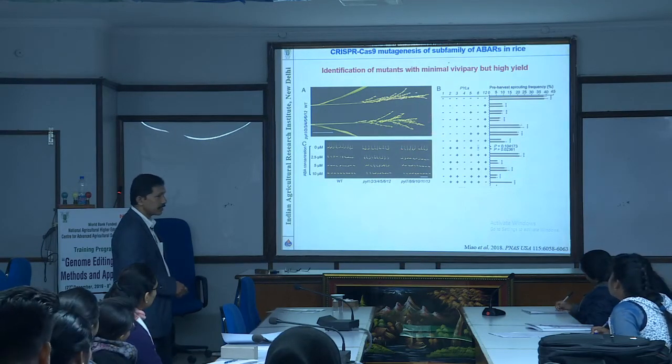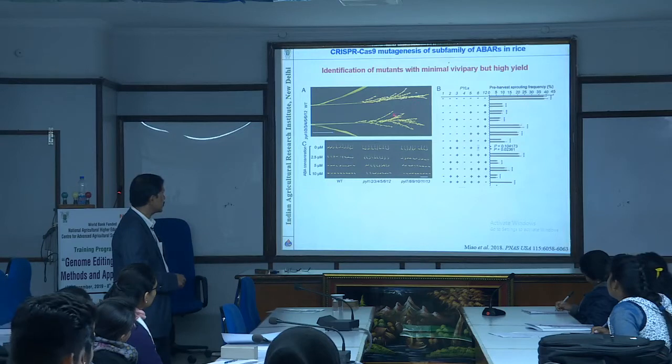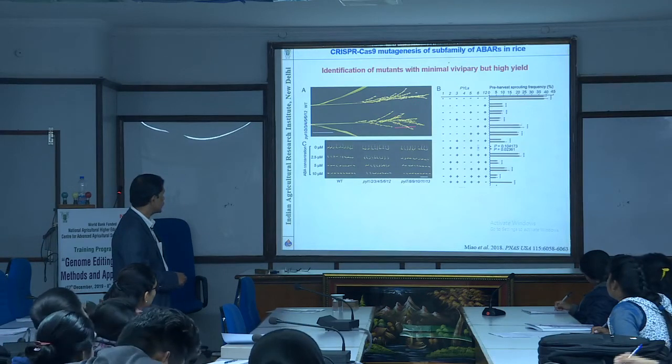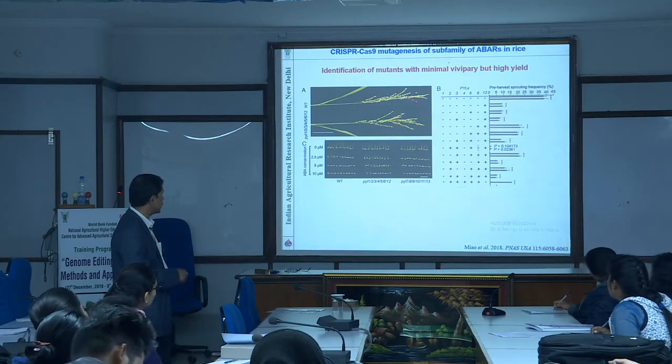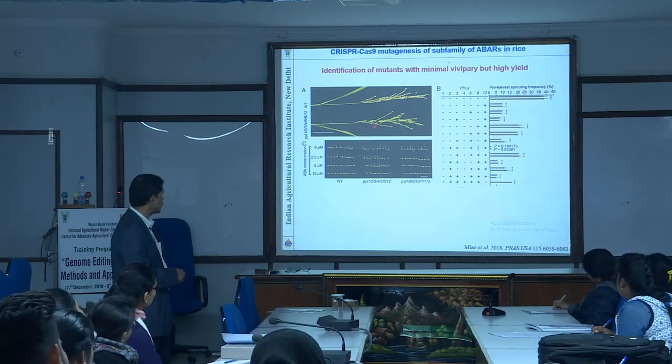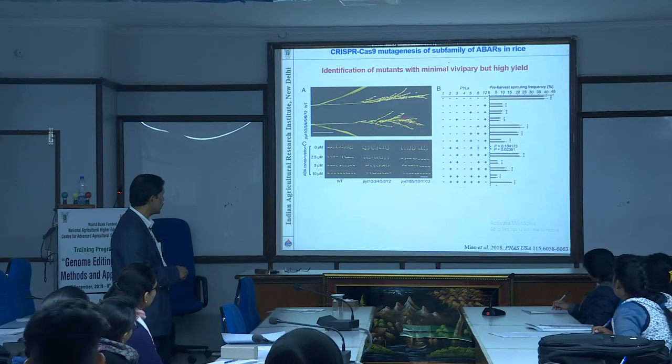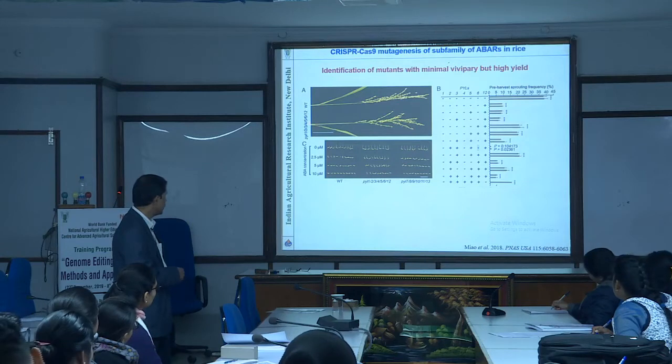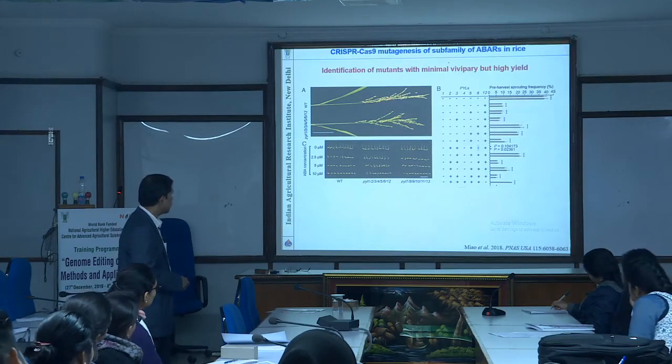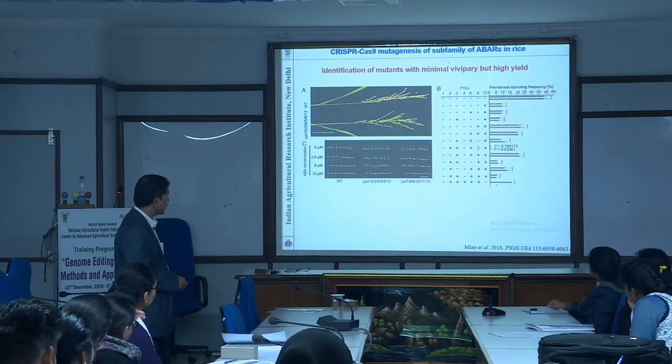As I told, ABA is important for vivipary. So this is the mutant where you can see all the seeds are already germinated before harvesting. Still the leaves are green. You see all the seeds germinated here, whereas not in the wild type. So with these kinds of mutant combinations they analyzed, and they found that